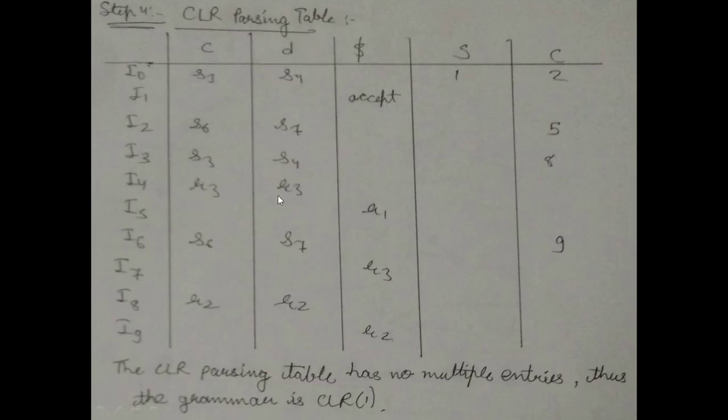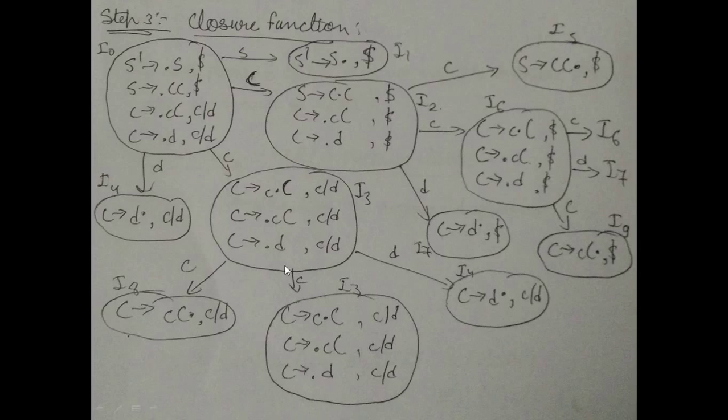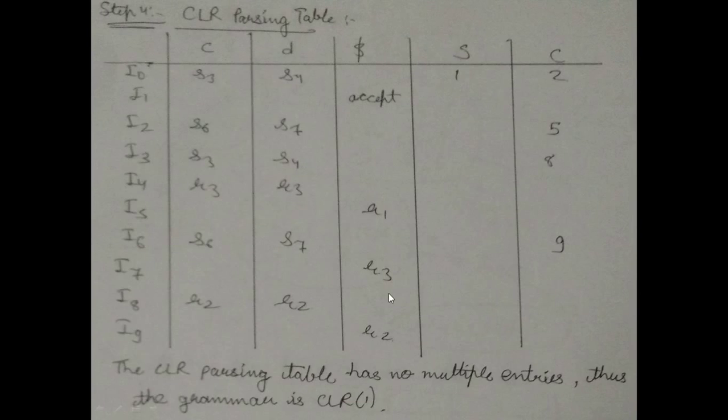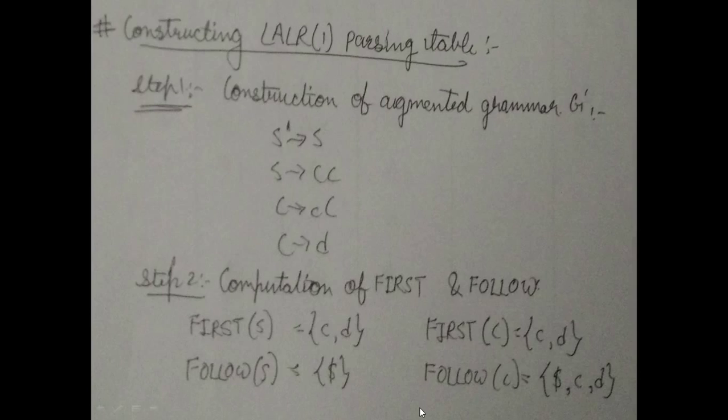So we write R3. Similarly, constructing the table for the whole diagram as it is, we get the LALR1 parsing table. Now in the table we can see that there are no multiple entries, so the grammar is LALR1 grammar. Constructing the LALR1 parsing table for the same grammar,